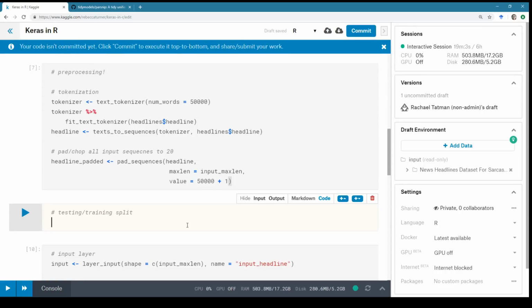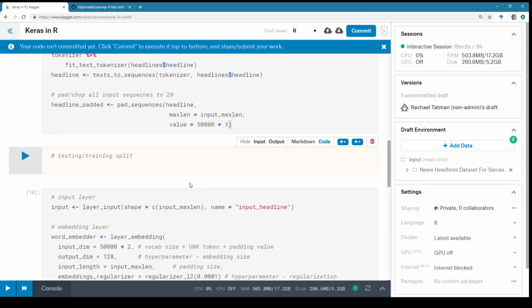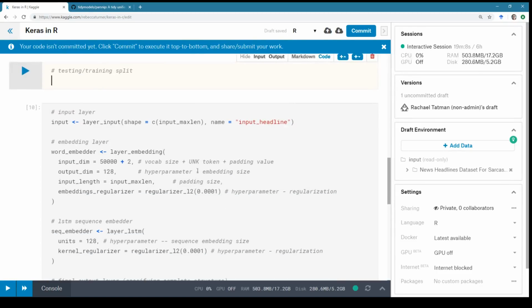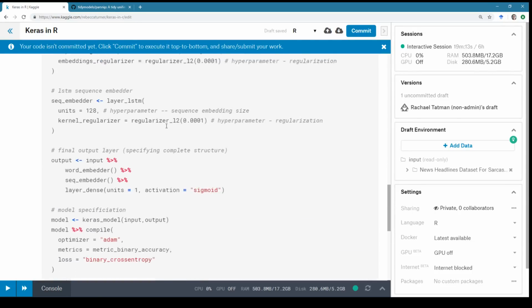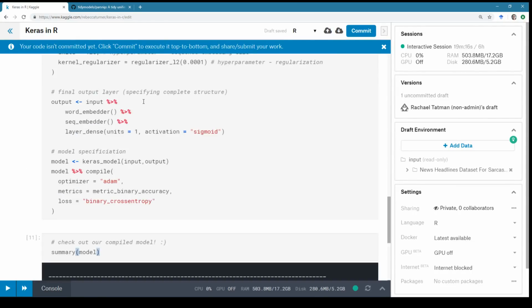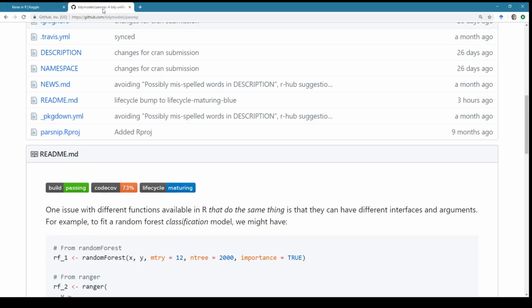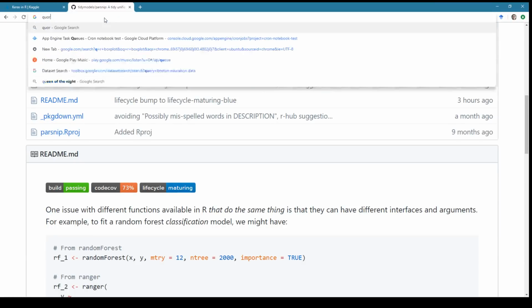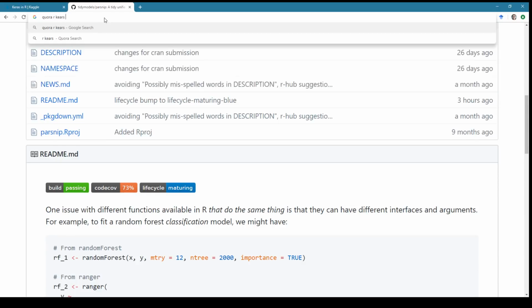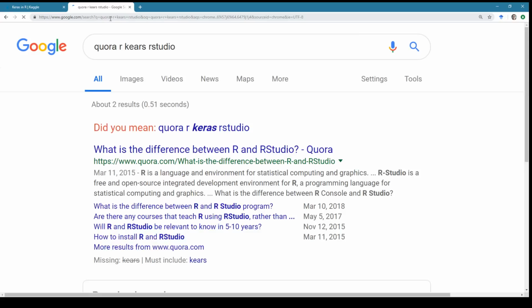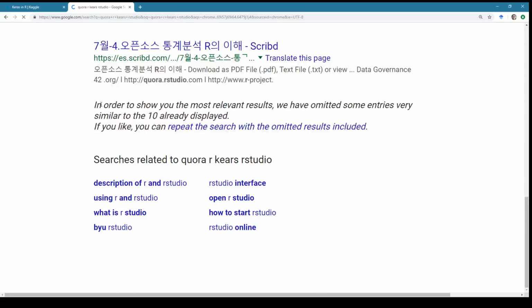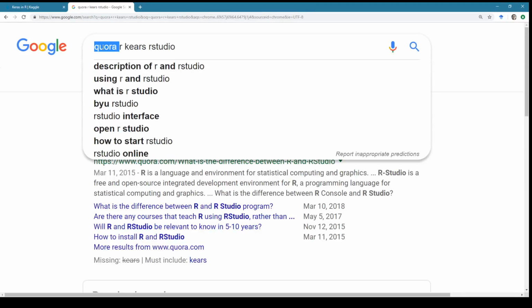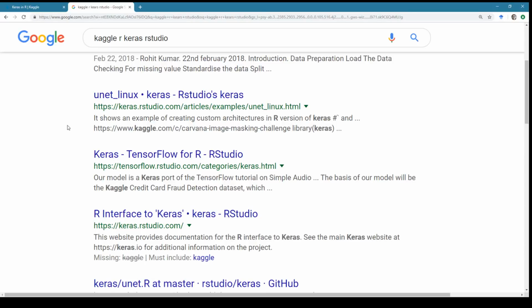What was I doing? Oh, right, test train. So we have... let me see if I can find the thing we were using as an example. So it was the Cora Keras RStudio. I think that'll be enough terms to get us there. It was not. Let's try Kaggle instead. And yes, let's spell Keras correctly.